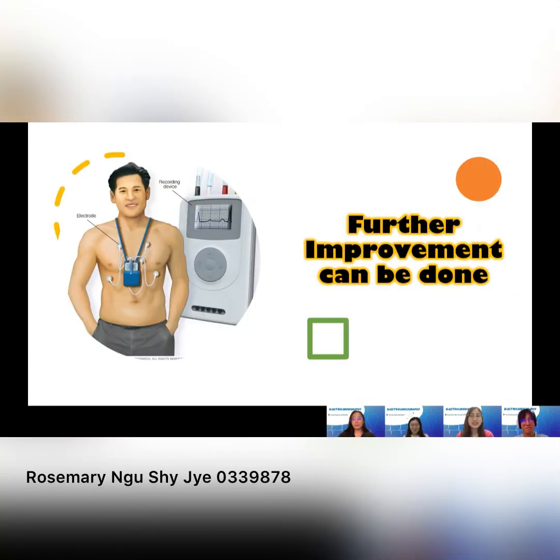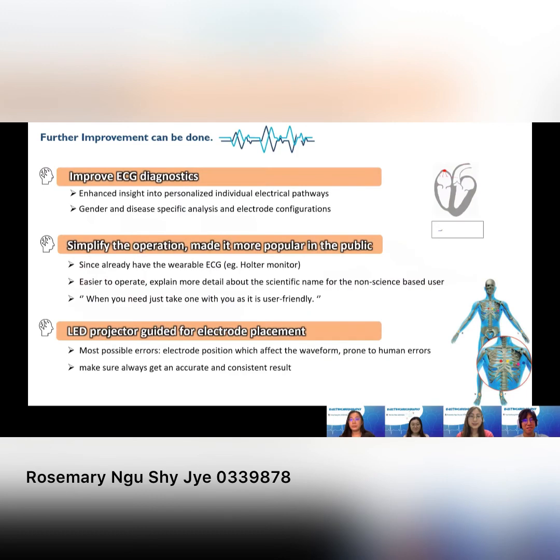Next, we will discuss the further improvement of ECG in the future. The future trend of ECG can be improved in many different ways, like interior function, exterior look, and so on. For example, improve the ECG diagnosis to enhance gender and disease-specific analysis, which the current ECG cannot differentiate. Second, simplify the operation to popularize ECG in public. Modify the ECG operation to make it easier to handle, and explain the result in more detail for the non-specialist user